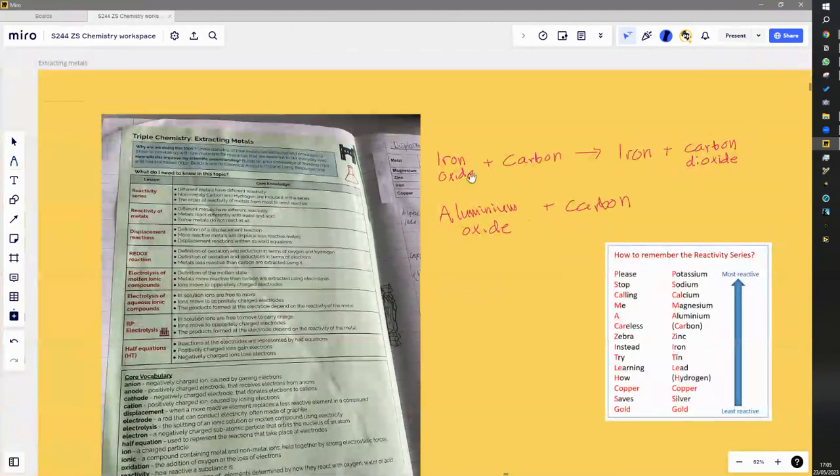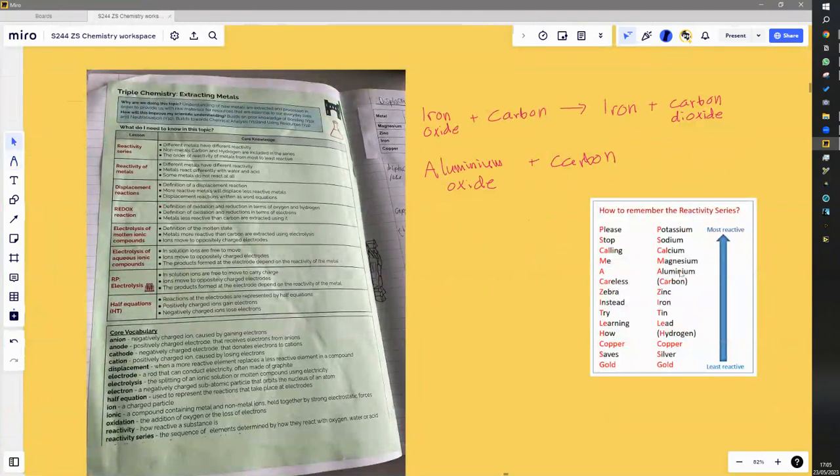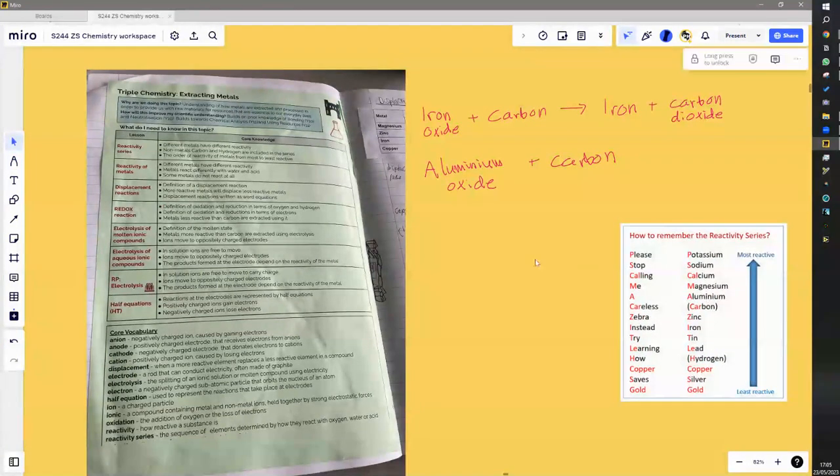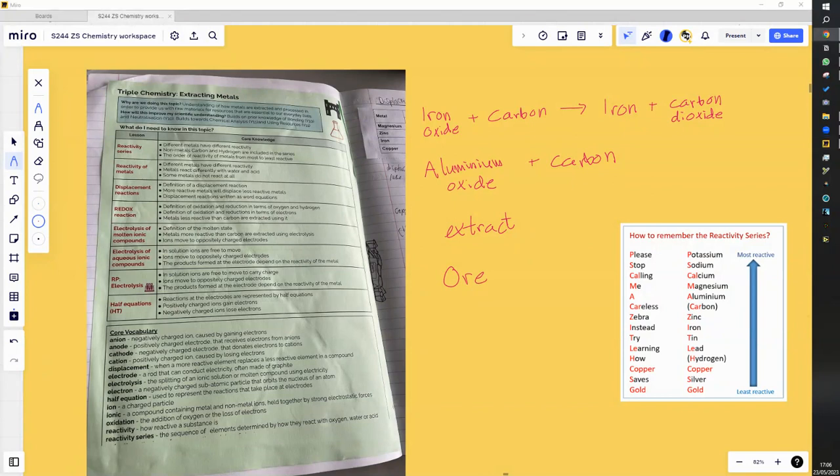So why am I even talking about iron oxide and aluminium oxide? Well, because they are what you get when you are trying to extract the metals. So the word extract, we've come across it before, but in this particular case, you're getting metal out of something. And what are you getting it out of? You're getting it out of an ore. So what is an ore? Well, an ore is essentially a piece of rock that has enough metal in it that makes it worth extracting